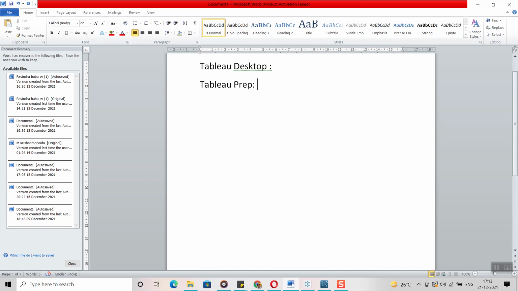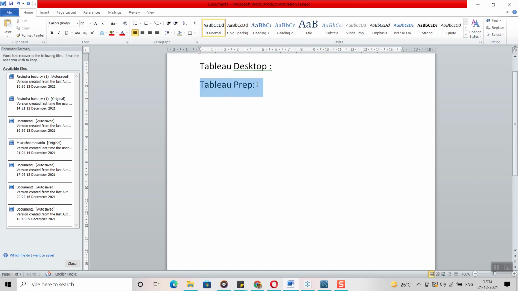And they are going to clean the data. Cleaning the data means they are going to remove junk data, and do some aggregations or whatever it may be. They apply the logic as per the requirement, and finally they load the data into our data warehousing tables. Okay, this is the ETL tool.